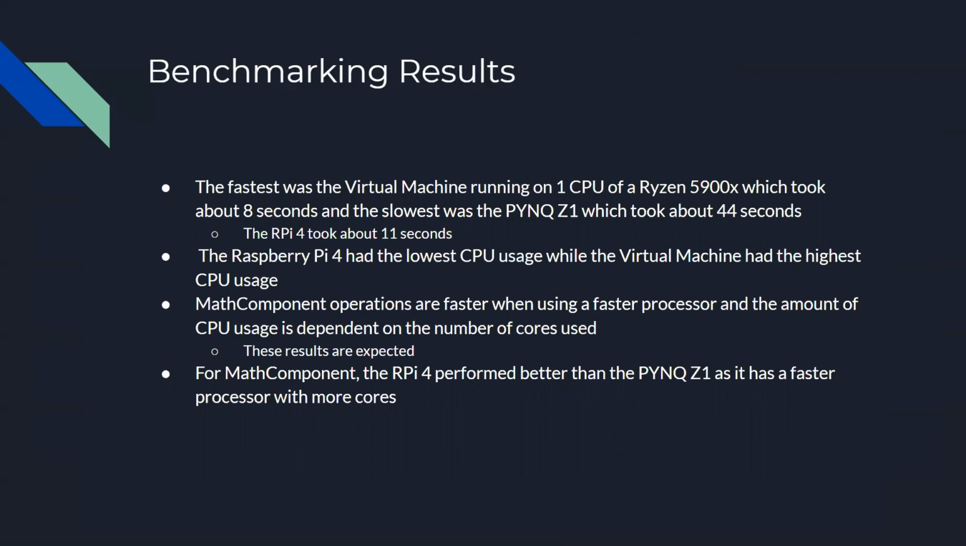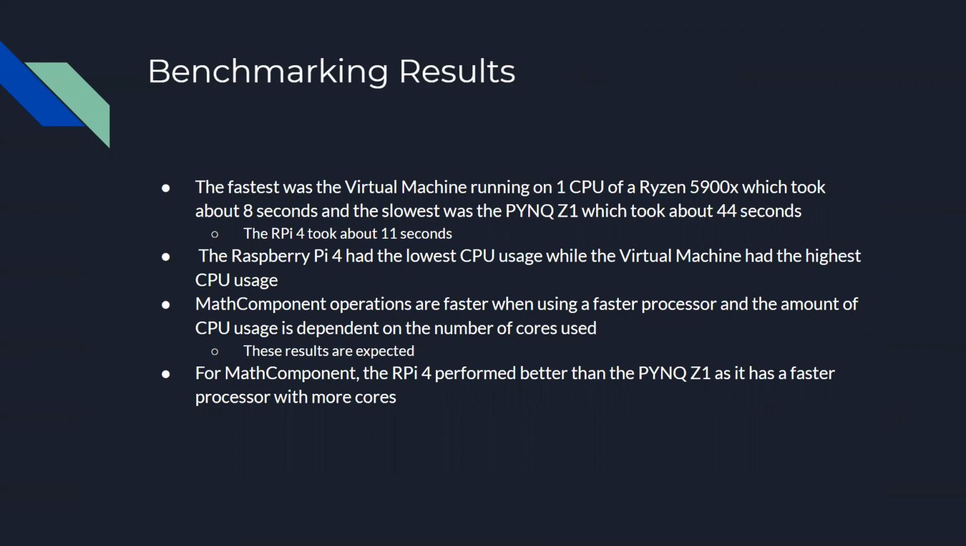The slowest was the Pink Z1, which took about 44 seconds. The Raspberry Pi 4 took about 11 seconds. We also found that the Raspberry Pi 4 had the lowest CPU usage, with the virtual machine actually having the highest CPU usage. I found this to be a bit interesting considering that the virtual machine was running on a much newer and much faster processor. So we've essentially concluded that the math component operations are faster when we're using a faster processor,